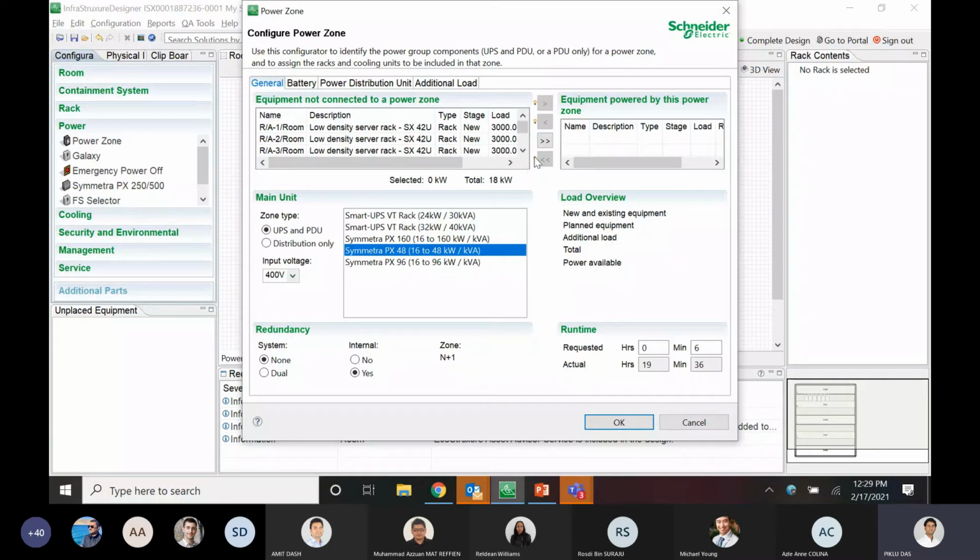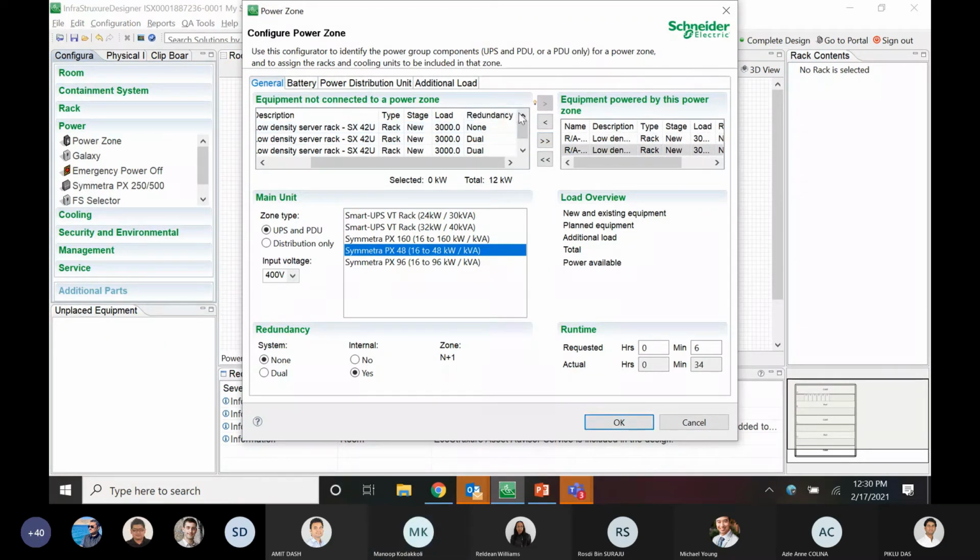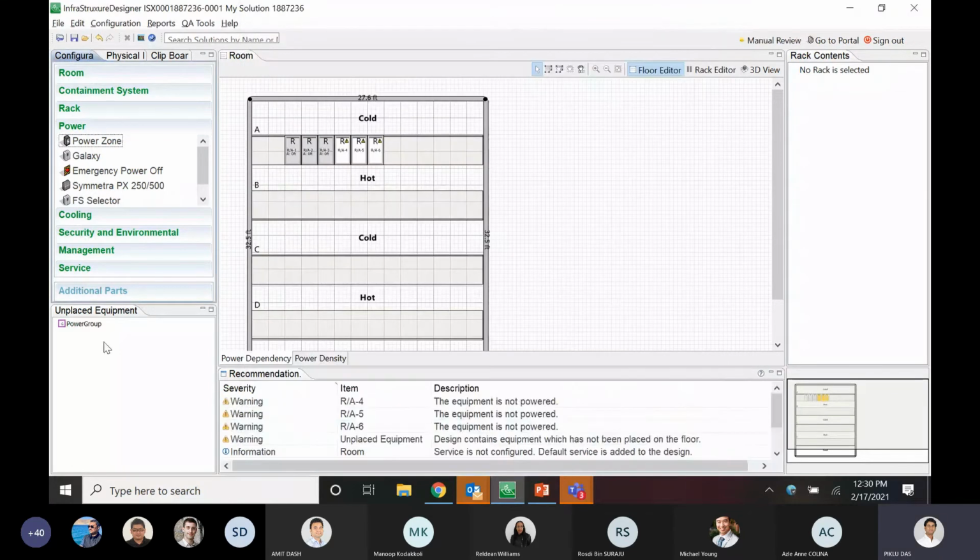So now I'll try to power all the racks. Once I connect all the racks by this particular power zone or the Symmetra, you can see the whips and the cable layers are also getting added.